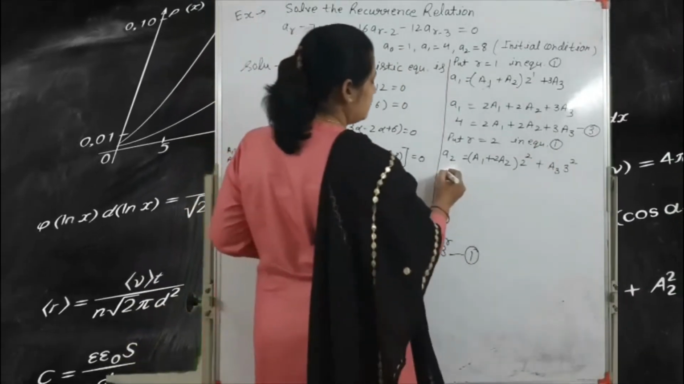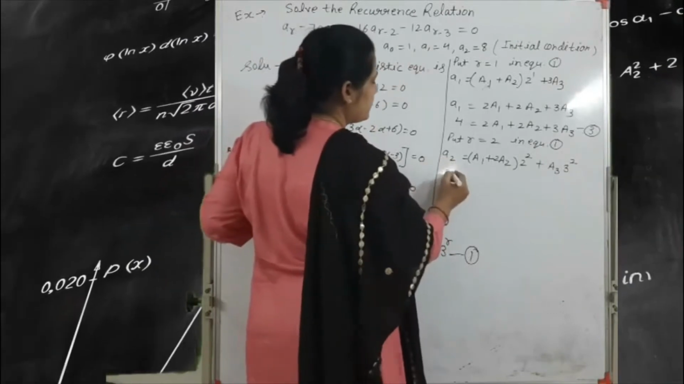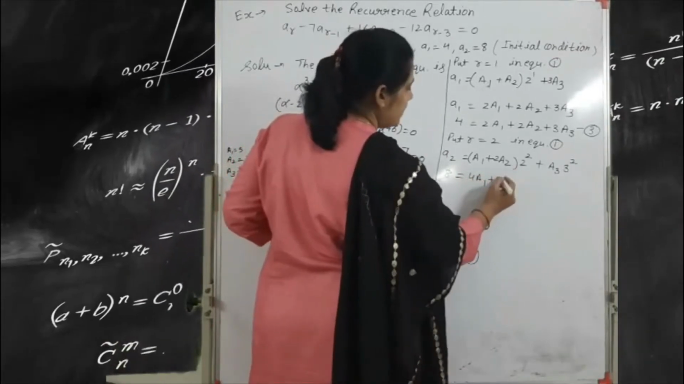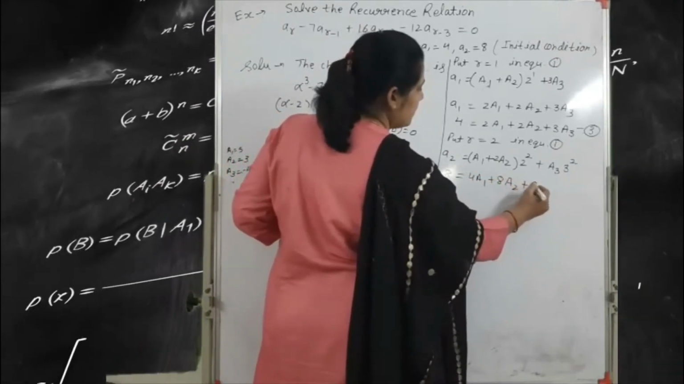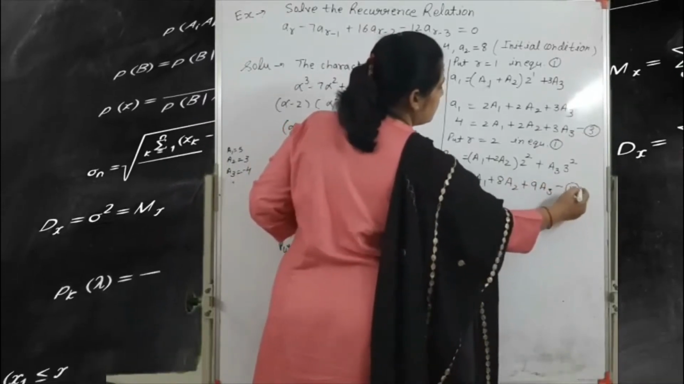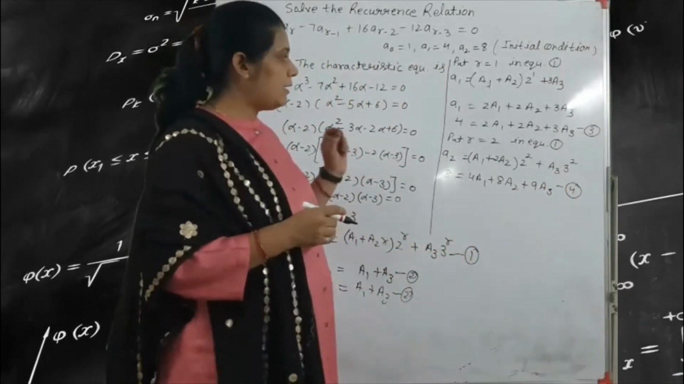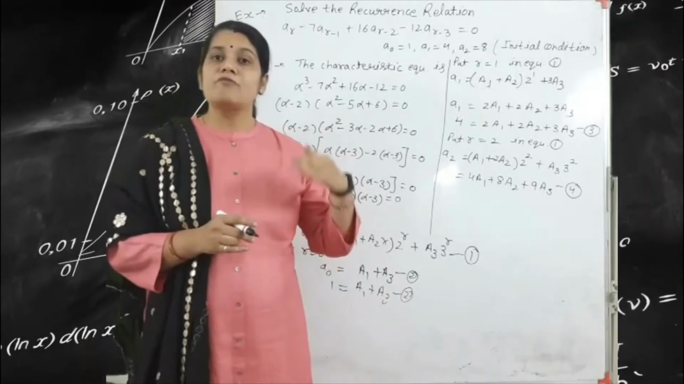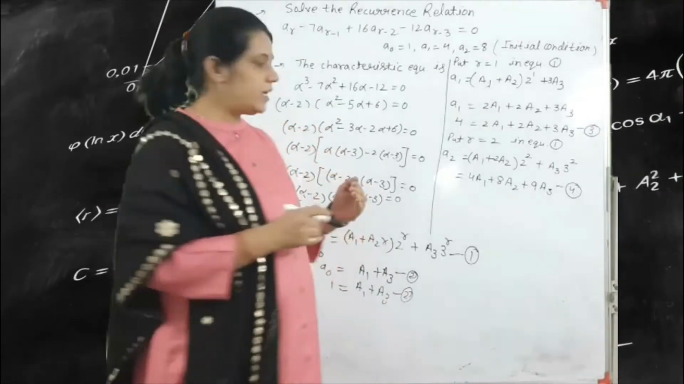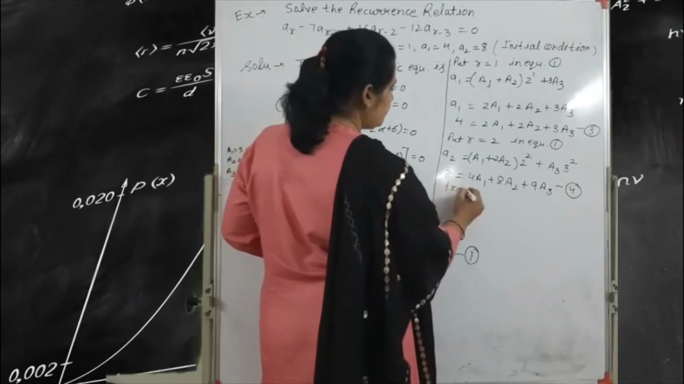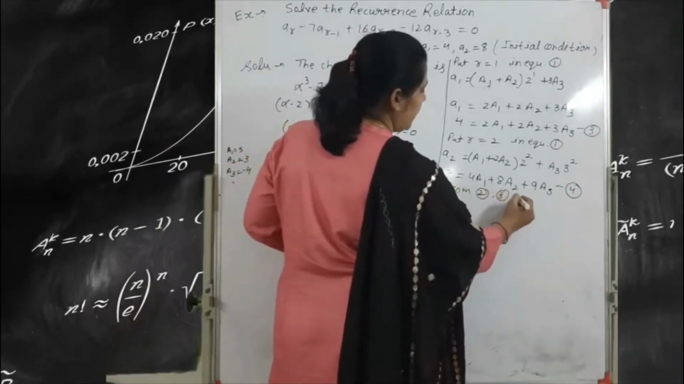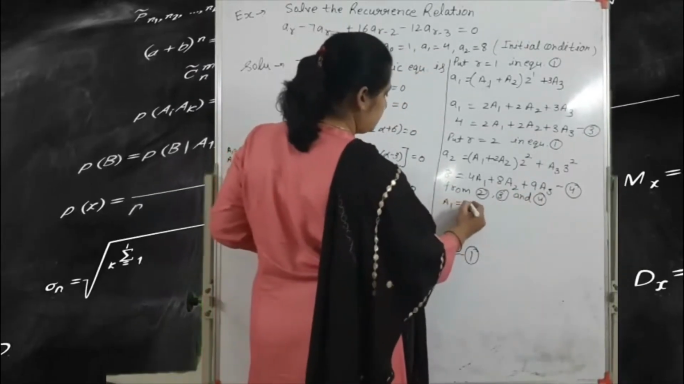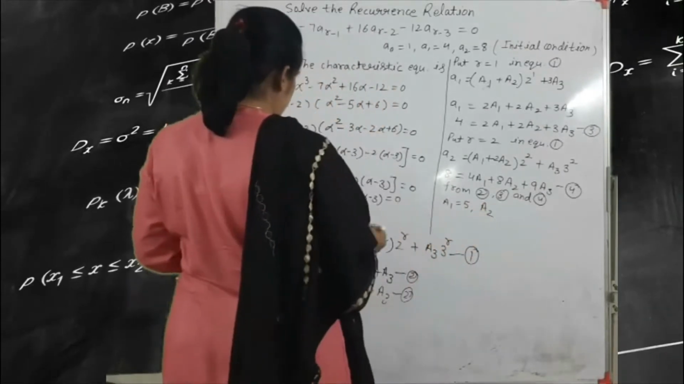So here a2 is equal to 8, so we write here 8, and 2 to the 4, so 4a1 plus 8a2 plus 9a3. This is your fourth equation. So with the help of this second, third and fourth equation, we find out the values of a1, a2 and a3. From equations 2, 3 and 4, we get the value of a1 is equal to 5,